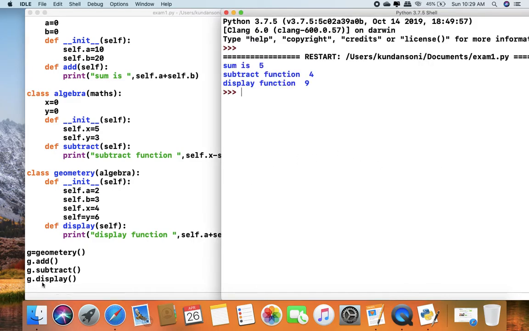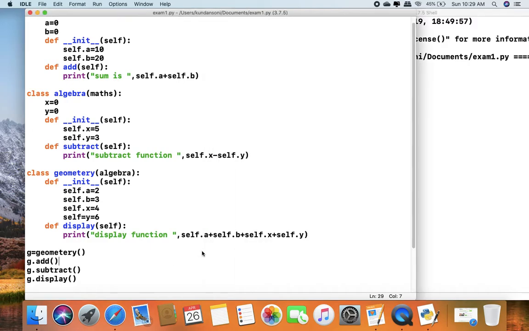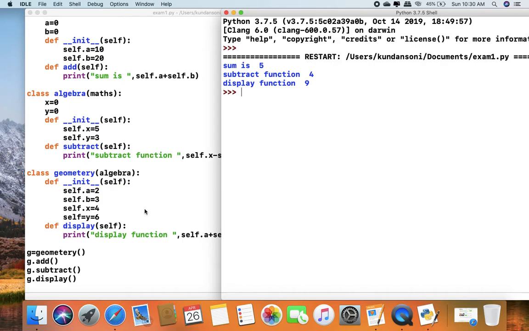Then we call g.display. So here 2 plus 3, and I call self.a plus self.b plus self.x plus self.y and the function will be invoked. So this is multi-level inheritance.